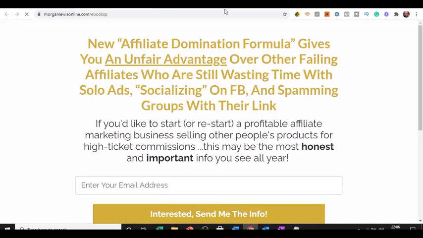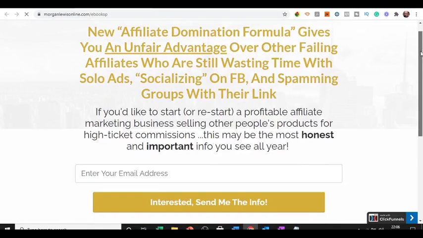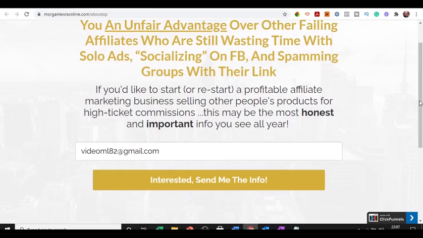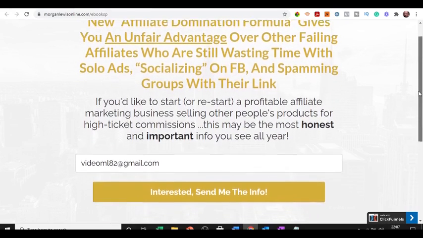Okay, so now I'm just going to put an email address in here to see if it all works, to see if my integration has worked properly and there's no double opt-in. So here's my squeeze page. I put my email address in, just a test one for my Gmail account. So hopefully now, if it's all integrated,